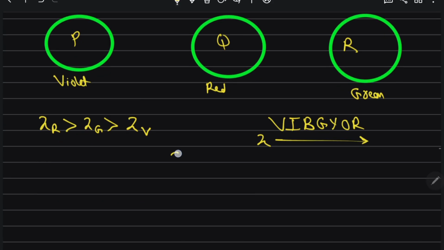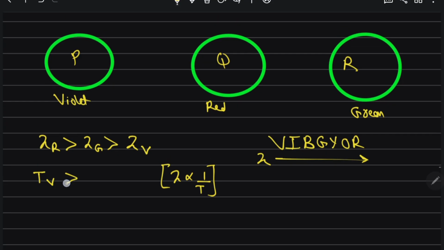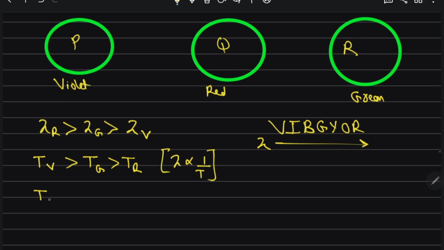And we know Wien's displacement law: lambda is inversely proportional to temperature. So the temperature of violet is greatest, then green, and the temperature of red is lesser. Means the temperature of violet is P, then green is R, then red is